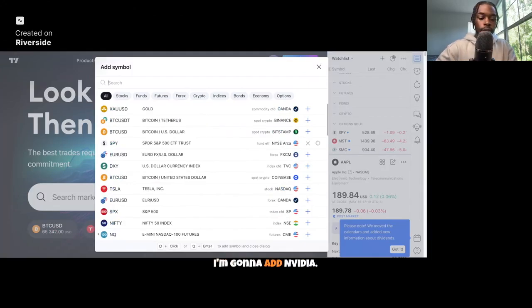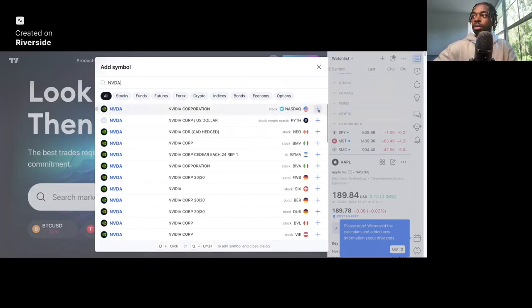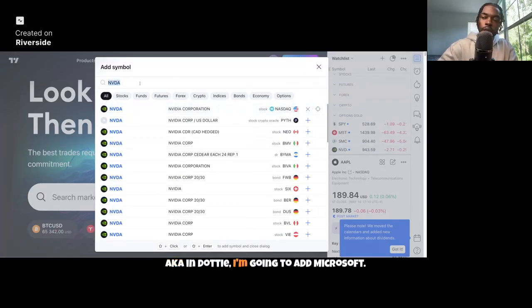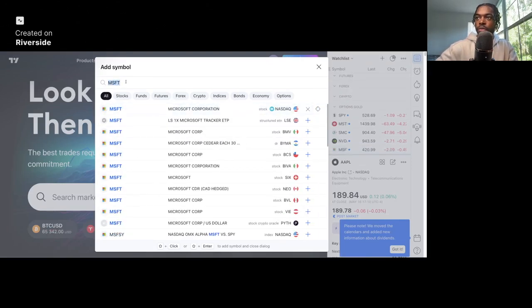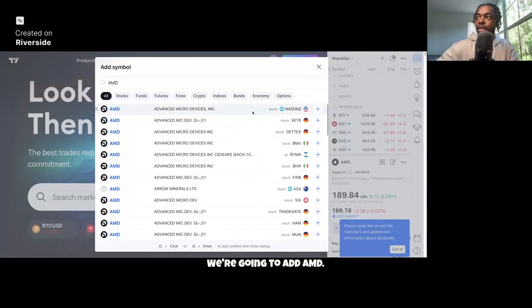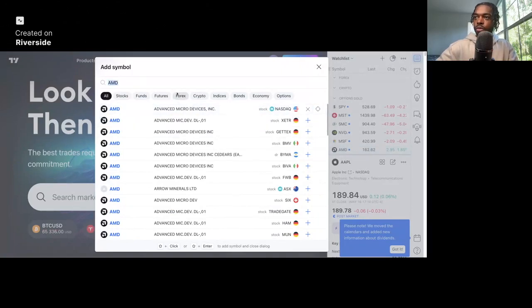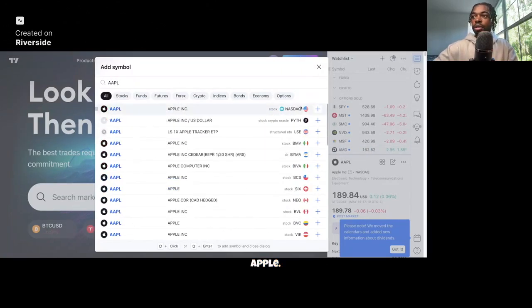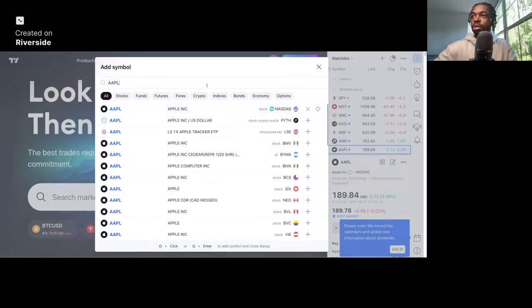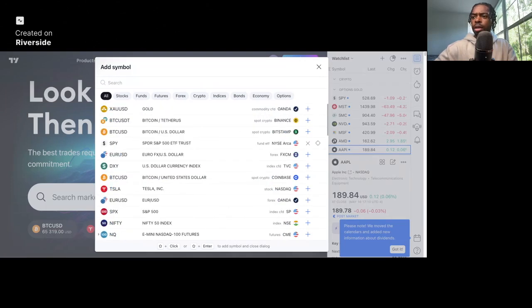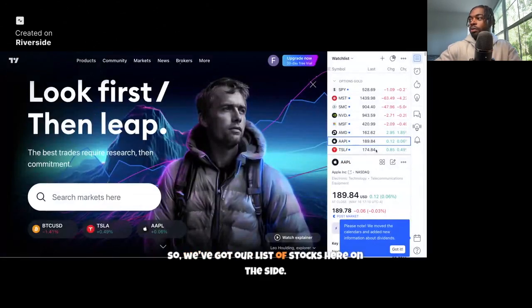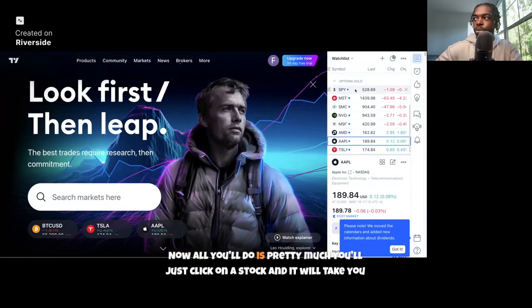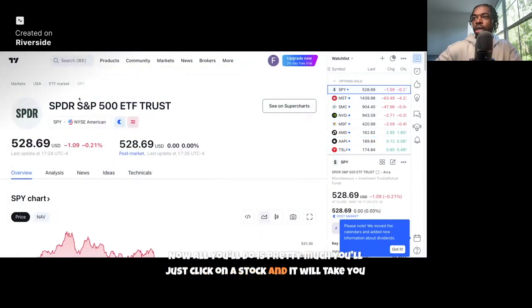I'm going to add NVIDIA, aka Nvidia. I'm going to add Microsoft. We're going to add AMD, Apple. We can add Tesla in there as well. We've got our list of stocks here on the side. Now all you'll do is pretty much click on a stock, and it will take you to that stock,